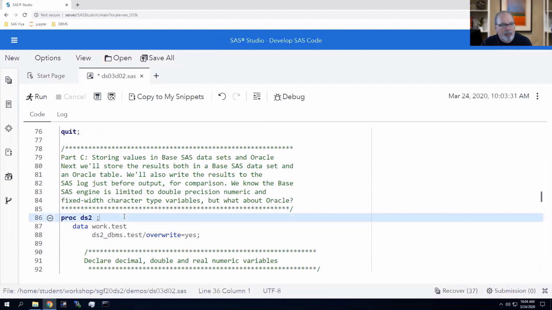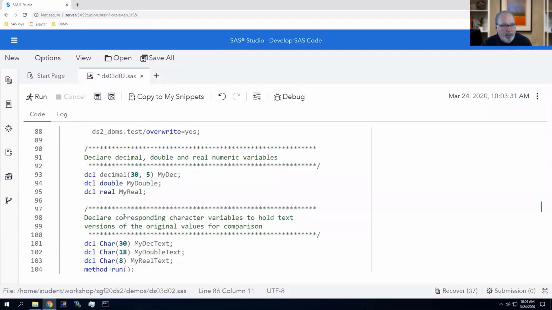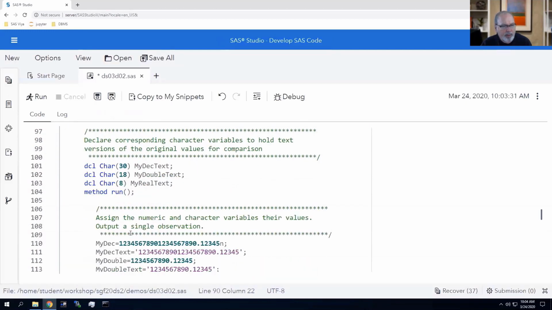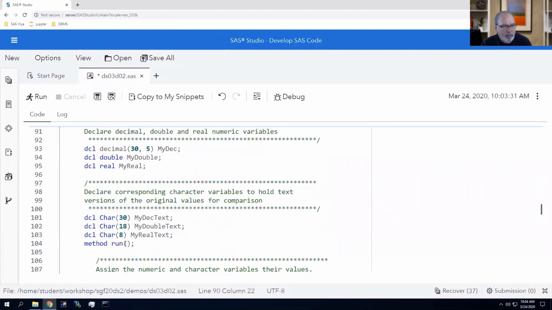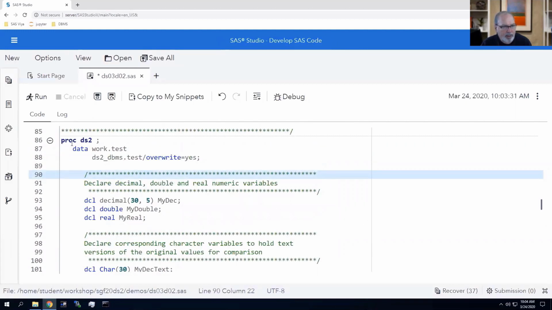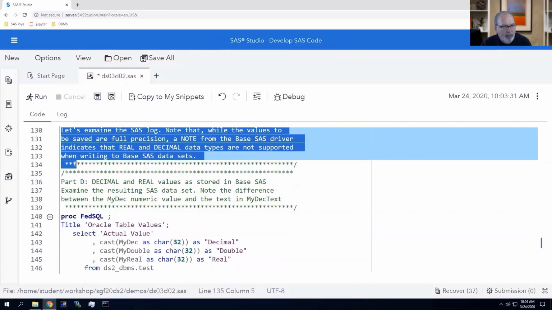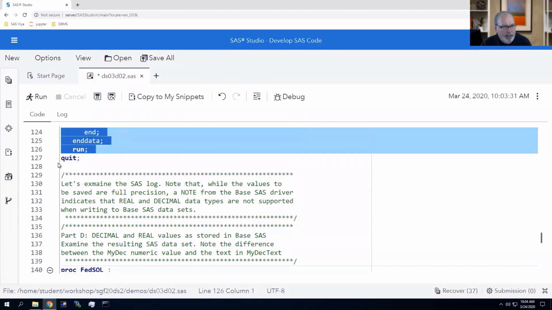And the last thing we said, well, we can handle these data types in pure data manipulation in DS2, but when we write them out to a data store somewhere, the data store may or may not be able to handle those data types. So here we're going to write these out to 2 different data sets, one SAS data set and one Oracle data table. We're going to declare those same values, real, double, and decimal. And we're going to write them out concurrently to both of those output data types. And then when we're done, we're going to take a look at the log and see from the notes what